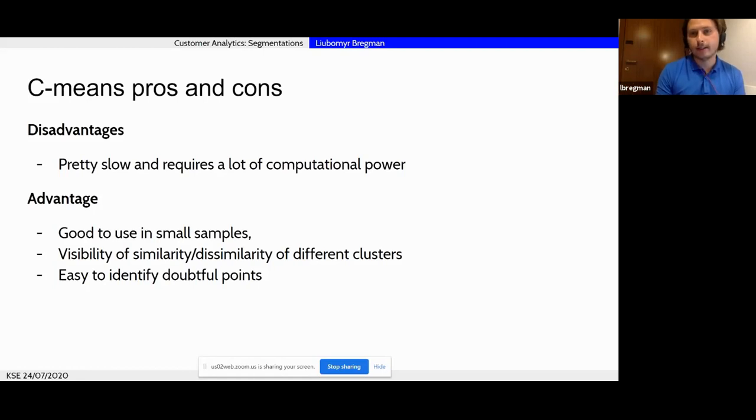We were showing that in most cases we use Euclidean distance. For c-means, there is a more sophisticated way of measuring it, which is called Mahalanobis distance.